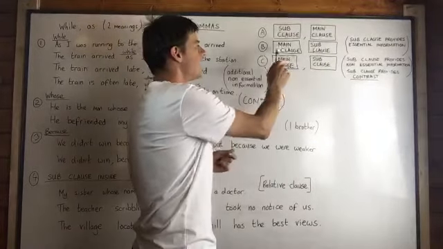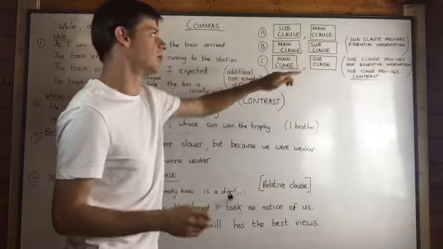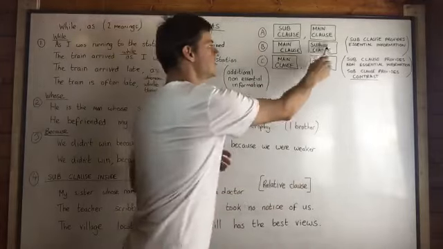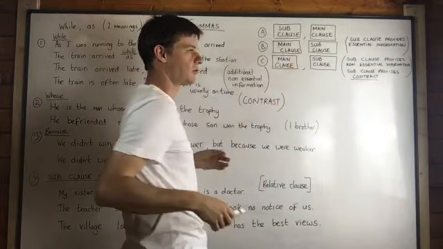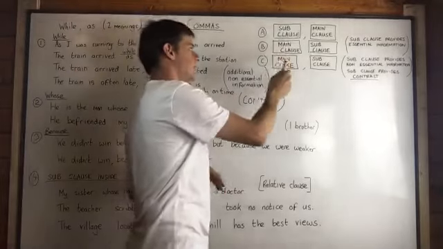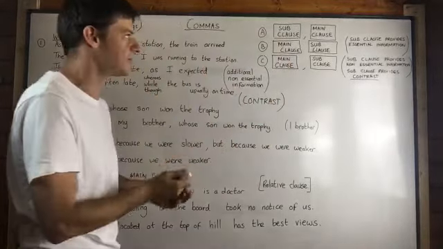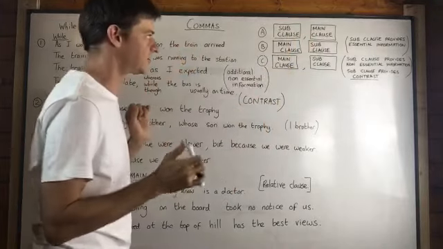You can also have a main clause and then a subordinate clause. Now, we don't use a comma if the subordinate clause provides essential information to the main clause. Usually that means that it defines a noun in the main clause or provides essential information so that we know which noun in the main clause.